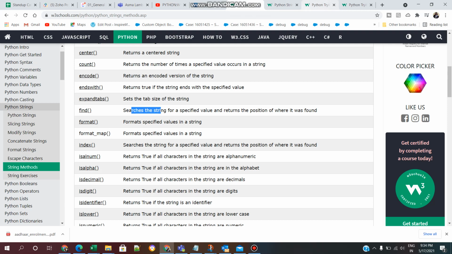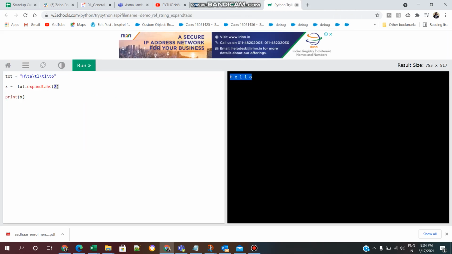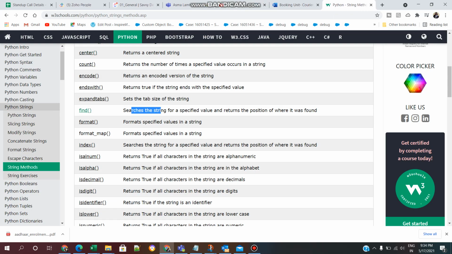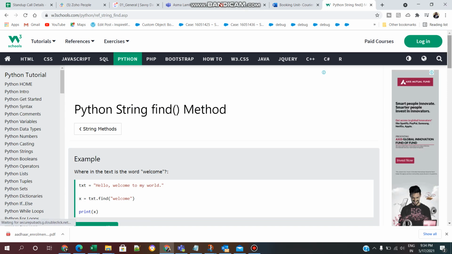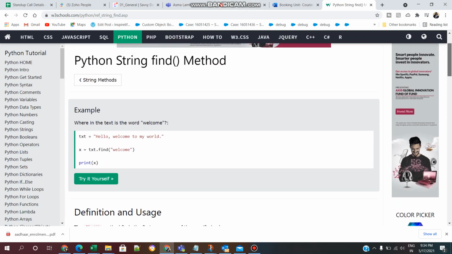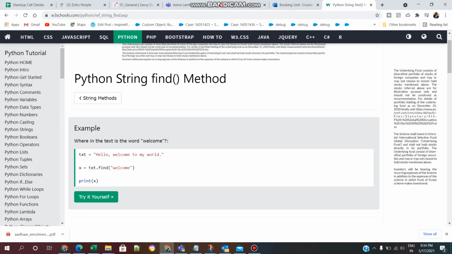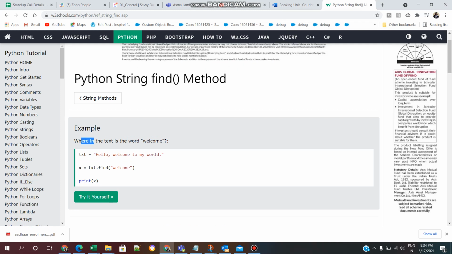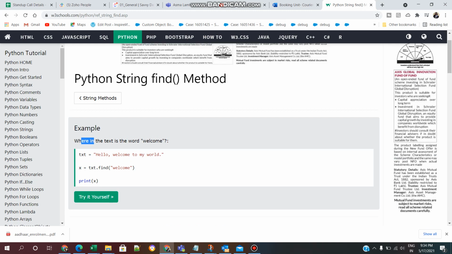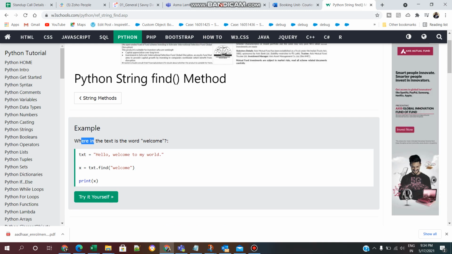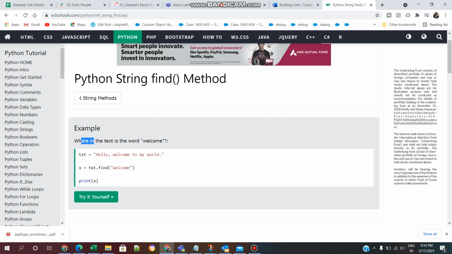Now we will see the find method. Now click on that. Now scroll down. Here is the Python string find method. This method is used to find the position of that string. So here text equal to hello welcome to my world. Here we are using the find method to find welcome.